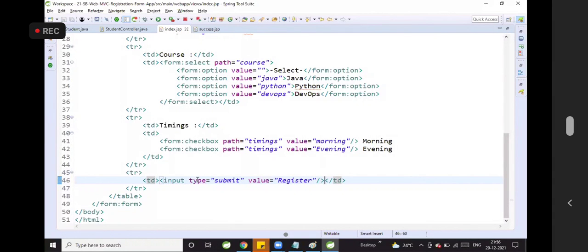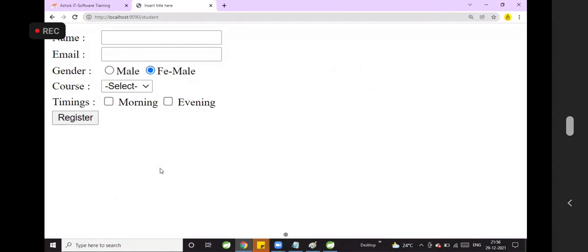Then refresh it. Wow. Are you able to see the button register? Yes, we are able to see the button register.